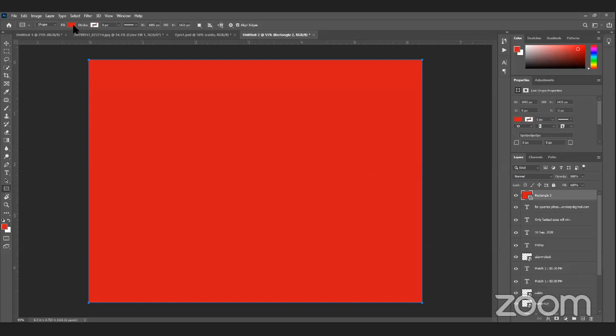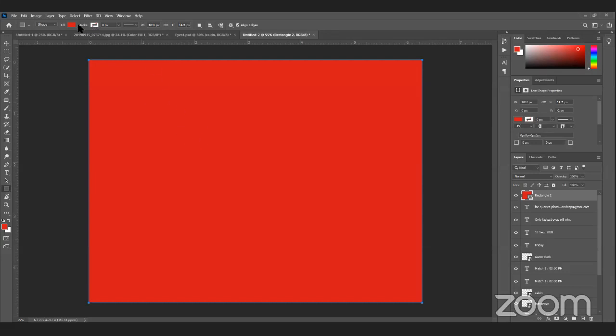So what we can do, we have this fill and stroke option. Fill is the color we are filling the rectangle with, and stroke is the outline, the border of your rectangle. It's like your photo frame. Some photo frames are borderless, and some photo frames have very cute and very beautiful borders, so you can use that.